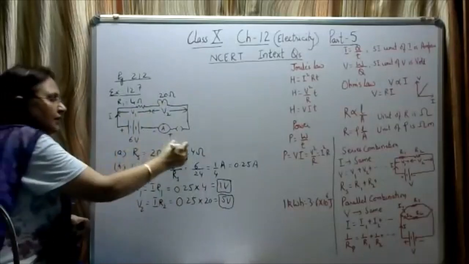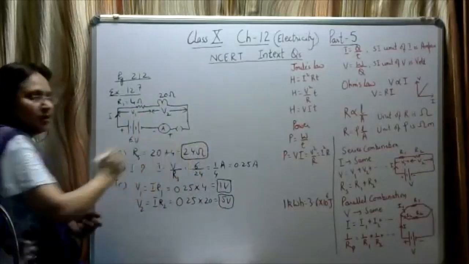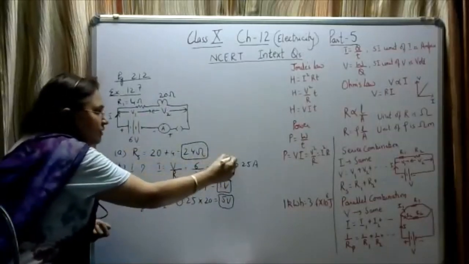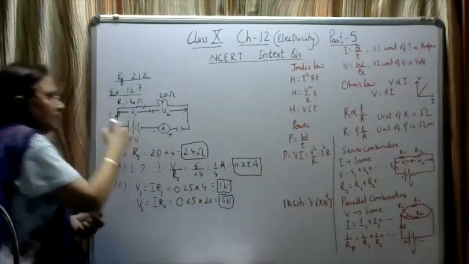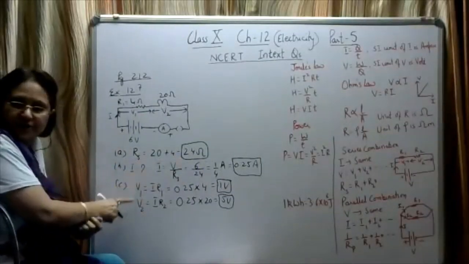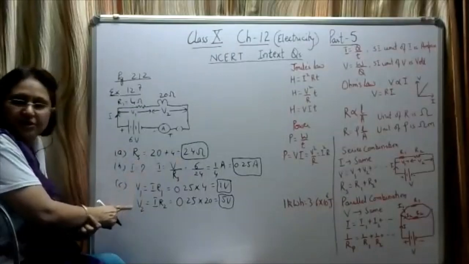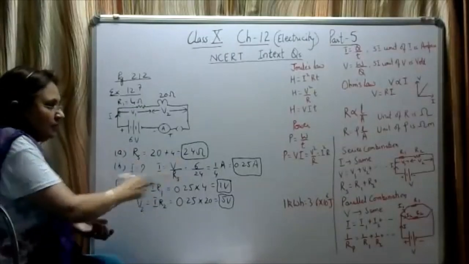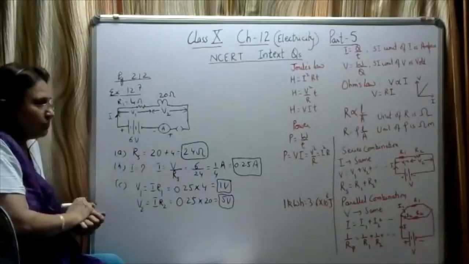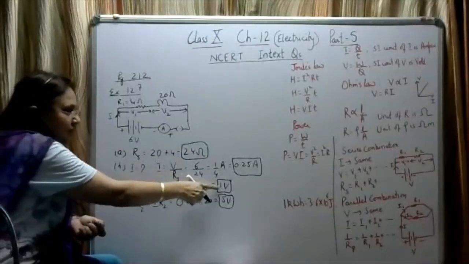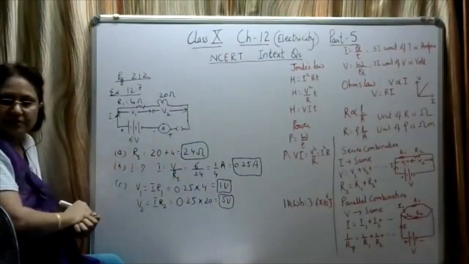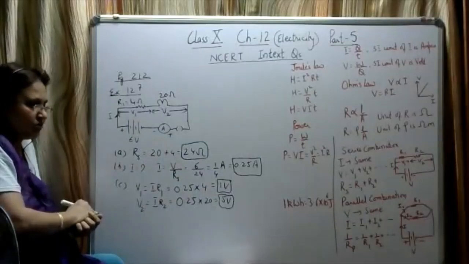Okay, so here in the A part, you have to determine the total resistance of the circuit, which is 24 ohms. In the B part, you have to find out the current flowing through the circuit that is coming out of the battery. It is 0.25 amperes, the potential difference across the conductor and the potential difference across the lamp. Okay, you can check your answer also. V should be equal to V1 plus V2. Okay, this is V1, V2. V1 plus V2 is 6 volts, which is equal to the battery voltage, that is 6 volts. So this way you can check your answer also.